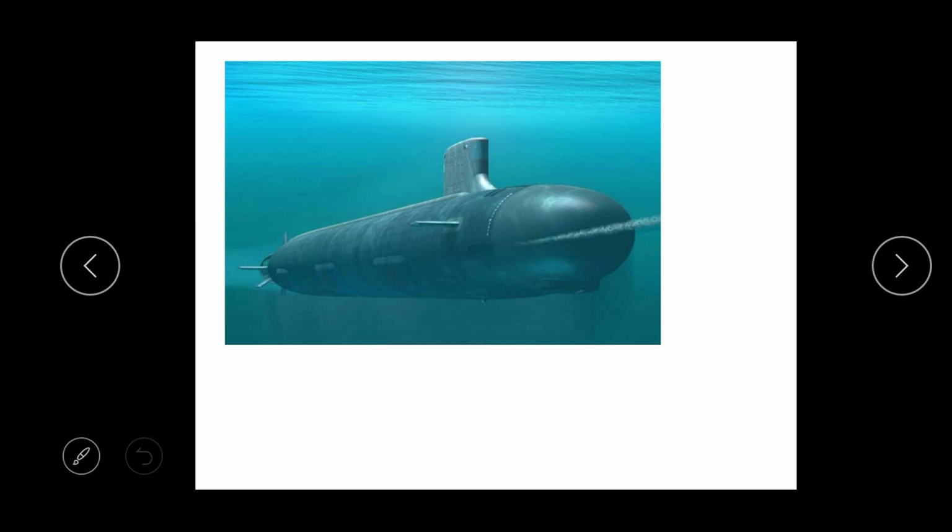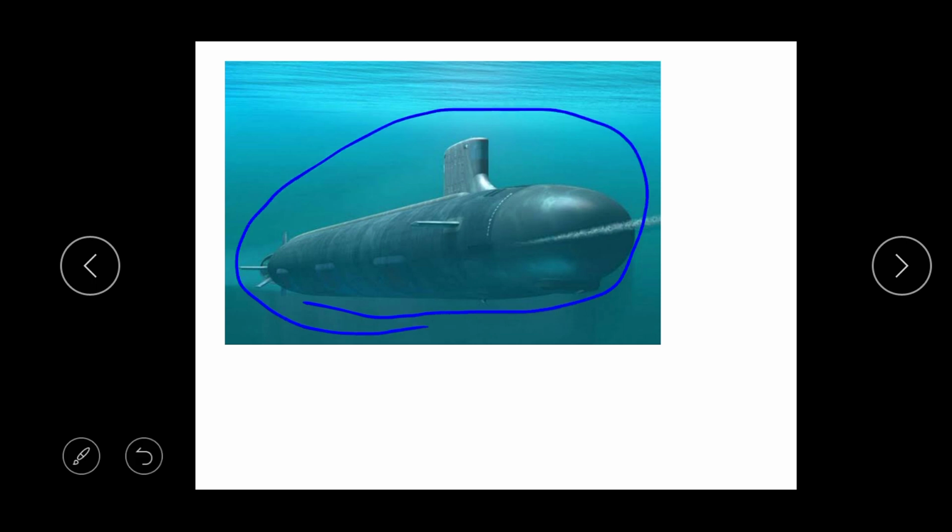Another example of water transportation, or vehicles under water transportation, is the submarine, okay? Have you ever seen a submarine before? Wow, you've not, or have you? Okay, so we'll talk about that during our Zoom meeting. So a submarine can actually operate under the water. You can see this picture and you can see the water. It is actually under the water, and it can operate so well under the water.